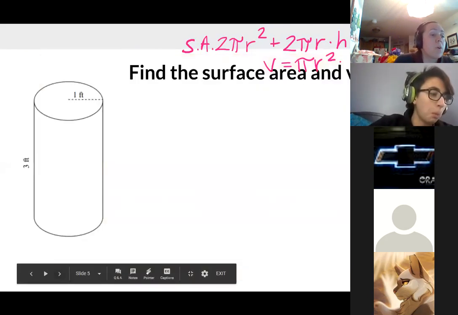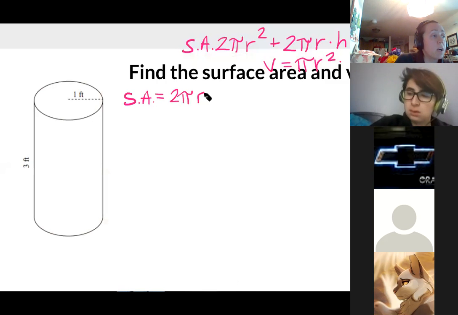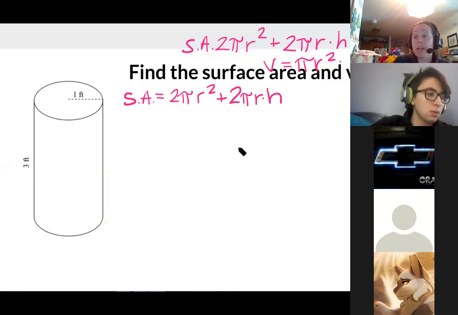Okay, so what I would do is I would copy down that formula first. Surface area equals 2 pi r squared plus 2 pi r times height. And then right underneath,